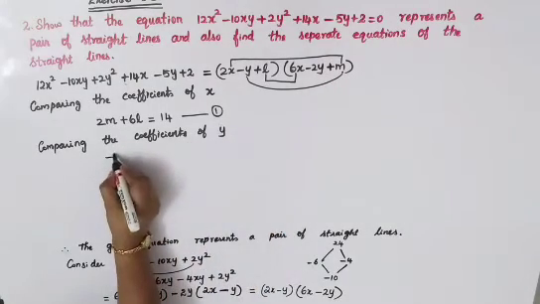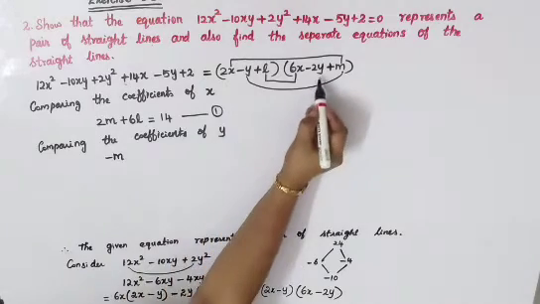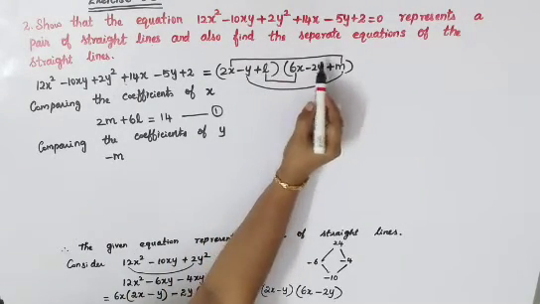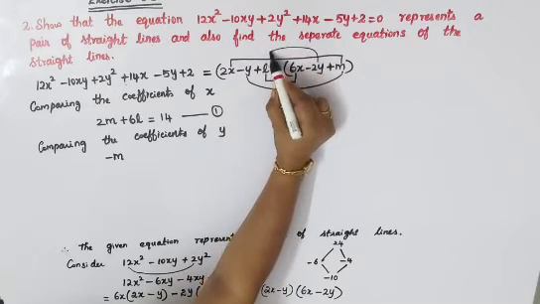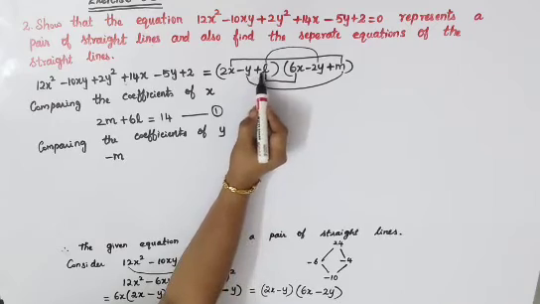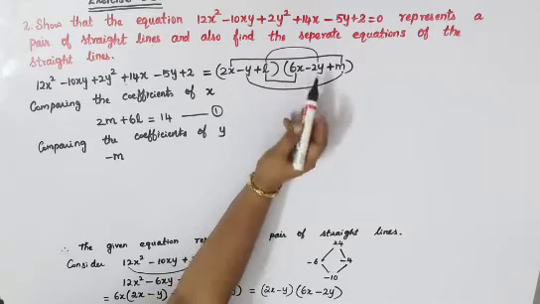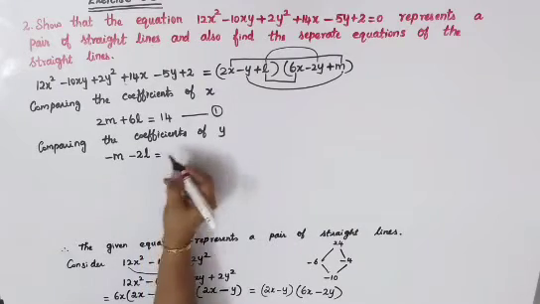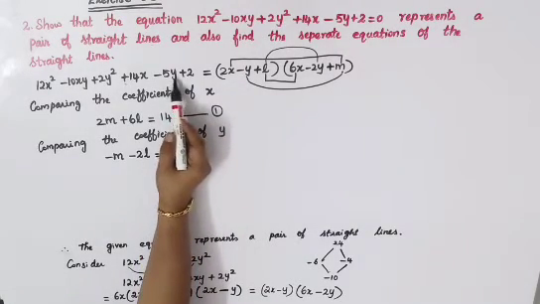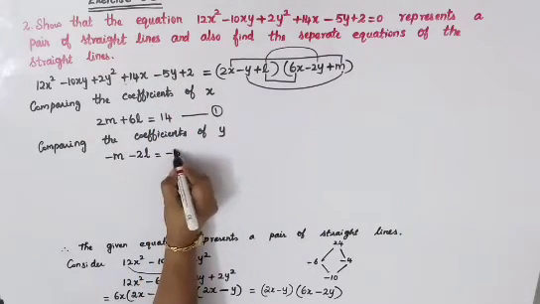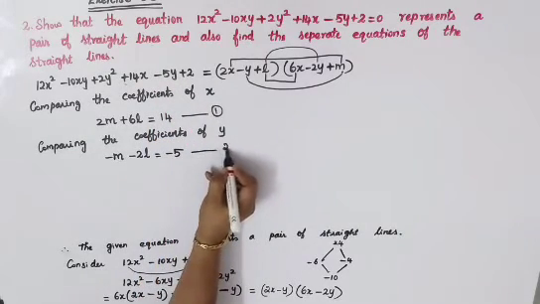Okay. So minus m. Now here if you take y, here you will have to take your constant. So y term and your constant here. So here minus 2 is there and here plus 1. So multiplying you will get minus 2l, which is equal to, now come here. So coefficient of y is here minus 5. So which is equal to minus 5. That is your second equation.